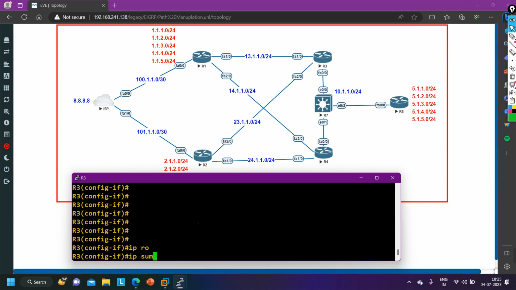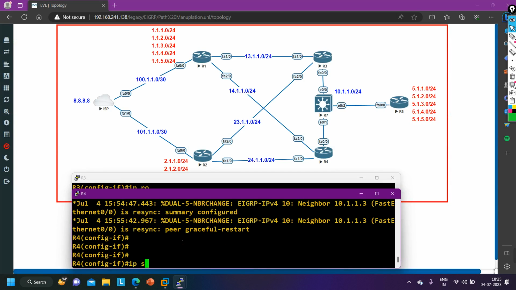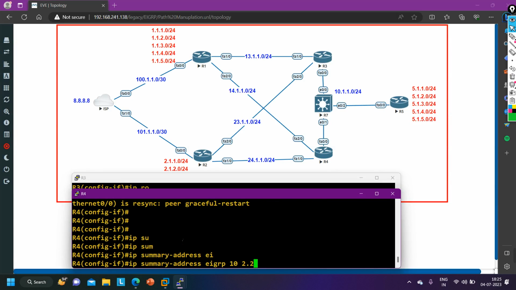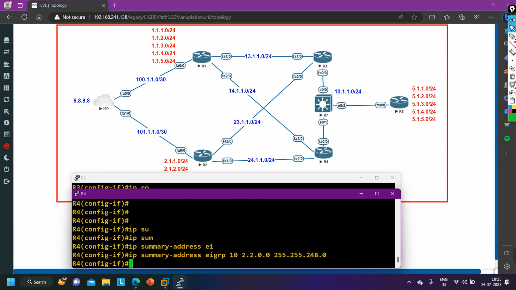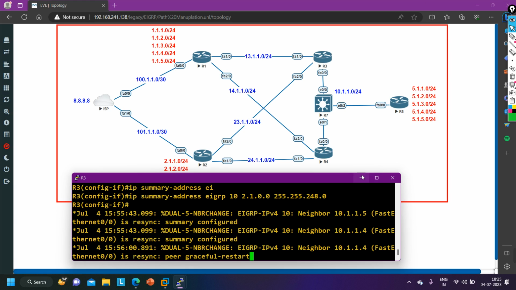ip summary-address eigrp 10 2.1.0.0 255.255.248.0. I've advertised it, and on router number 4 also, let me say ip summary-address eigrp 10 2.2.0.0 255.255.248.0. Done. Now if you check the routing table of router 5, you can see